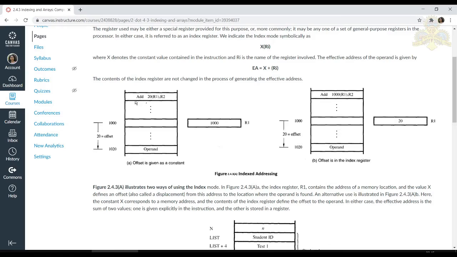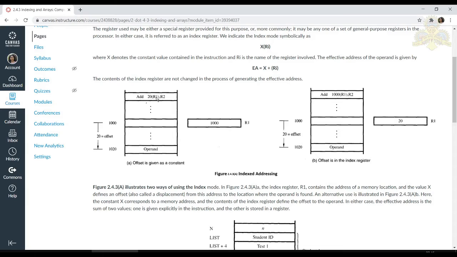Consider, for example, the instruction ADD 20(R1), R2. Whenever the processor checks this instruction, it will know that this is index mode. It then has to get the operand. It already knows the data present in R2, but it doesn't know the first operand.